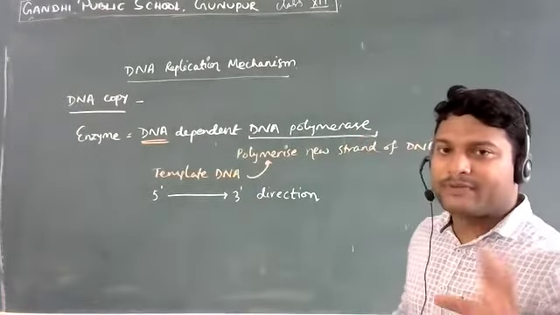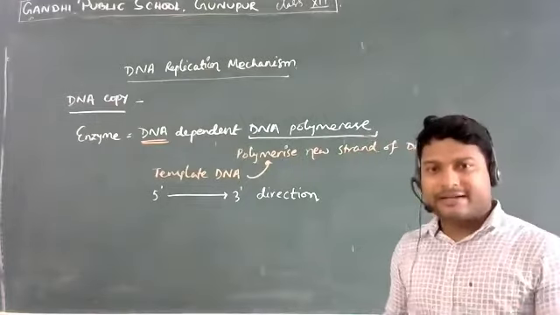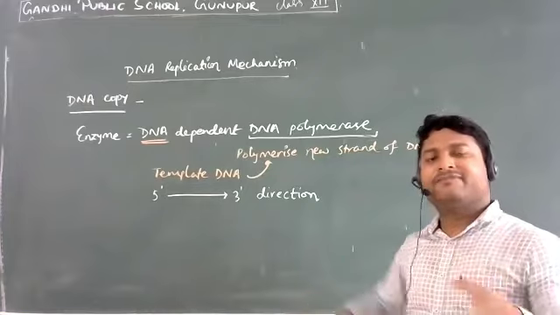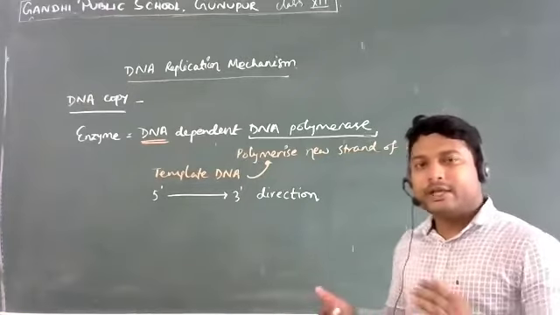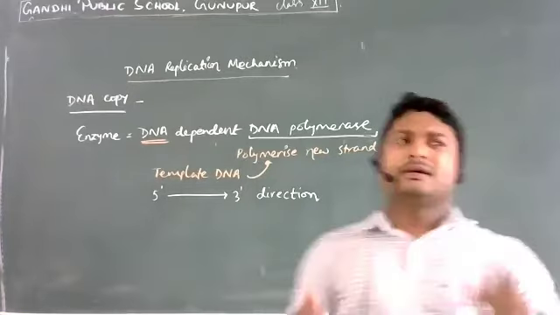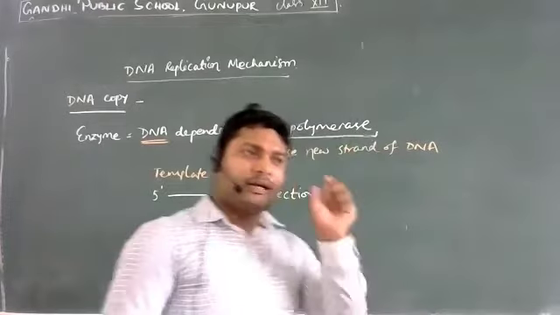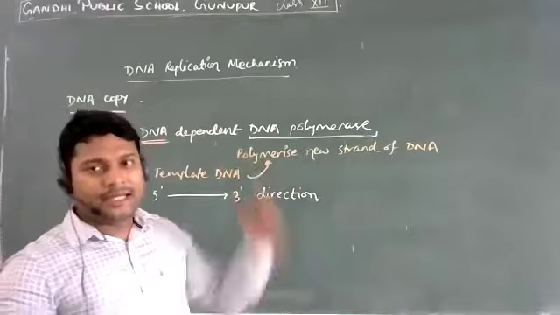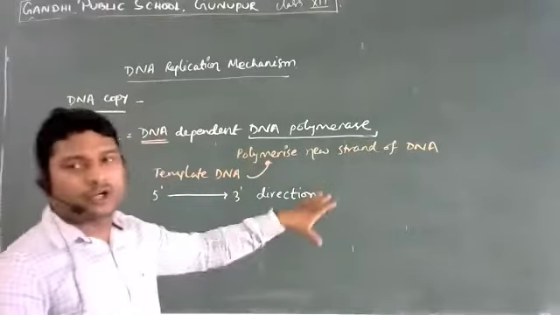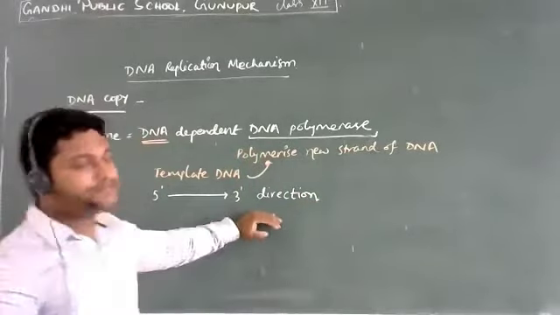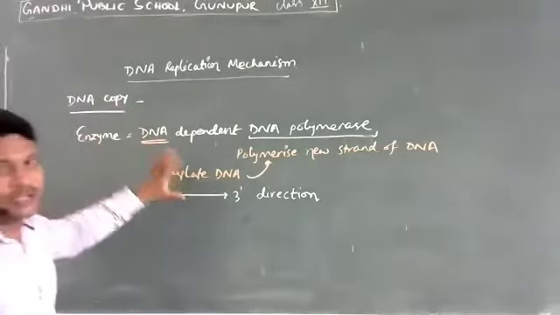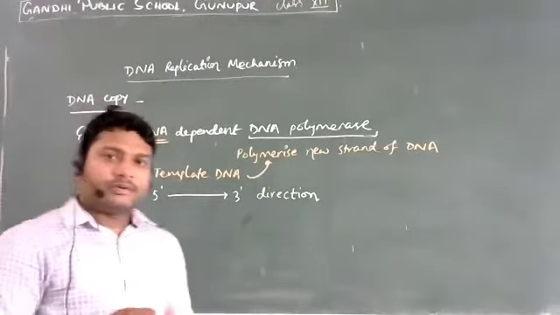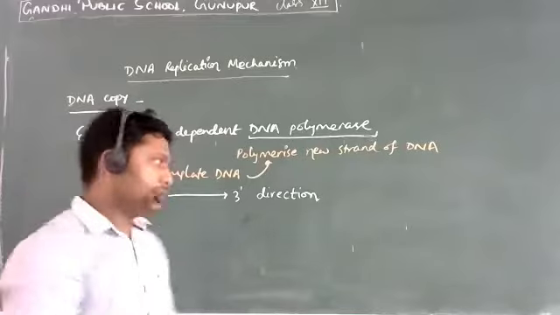For example, you have DNA polymerase 1, you have DNA pol 3, right, which are the main polymerases in case of prokaryotes. Then you have different types of polymerase in case of eukaryotes. Let us not go into details, but the basic idea here is DNA pol 1 and DNA pol 3 are the major polymerase enzymes when we talk about DNA polymerization or DNA replication in case of the prokaryotes.